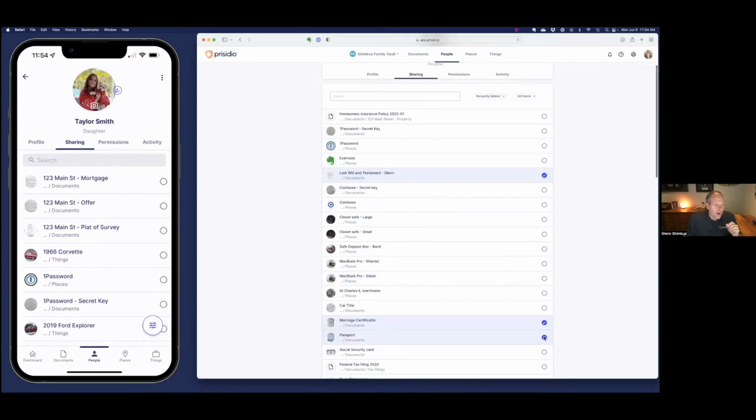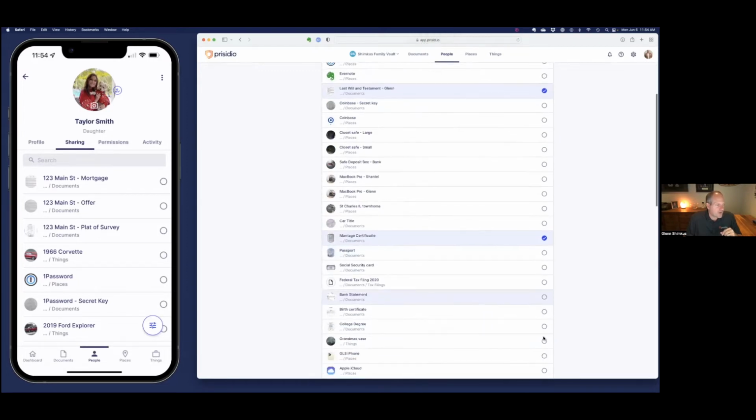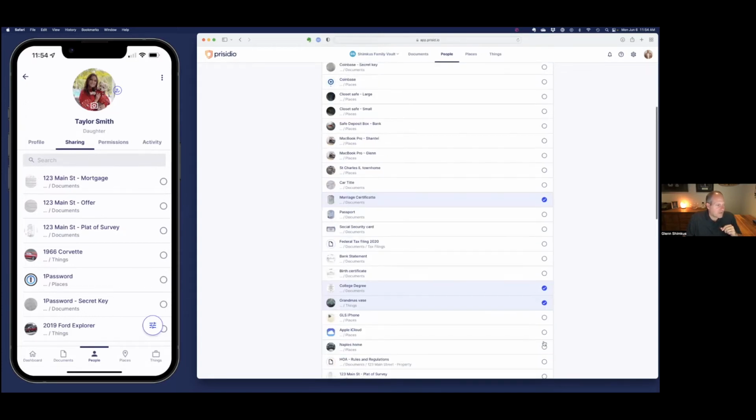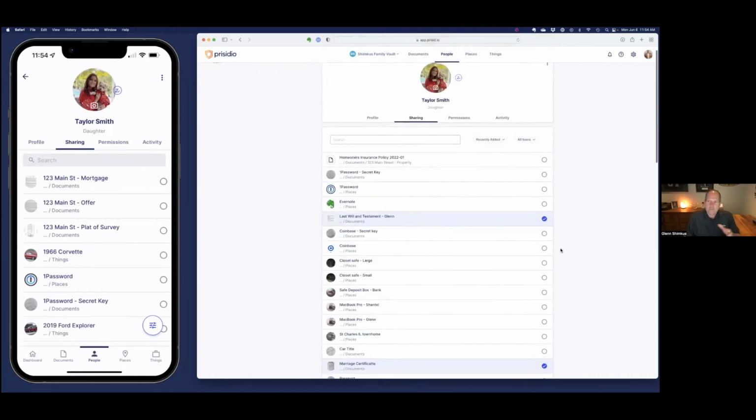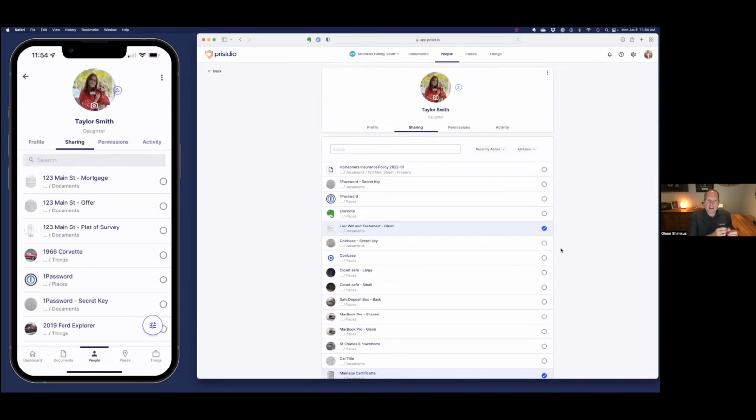I actually don't want her to have access to the passport. She has access, but it's okay for her to see the college degree, grandma's vase in the things, and the Naples home in the places. So in one place, I can go and do that sharing, because sometimes you care about an item like the